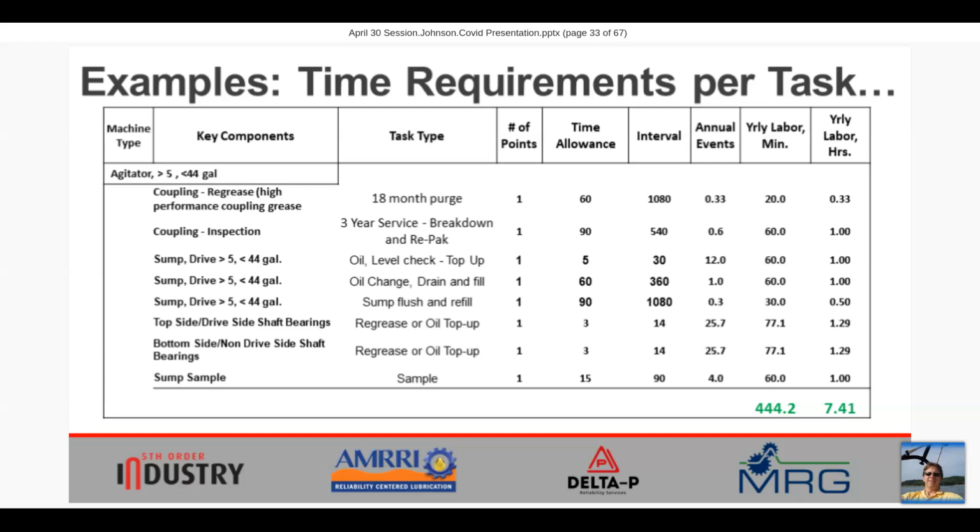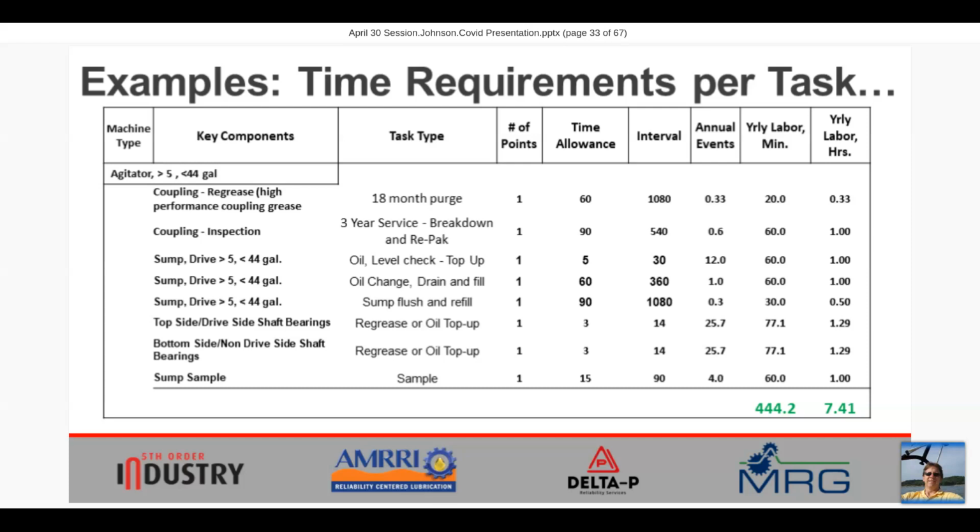So as you think about shopping for coupling grease or bearing grease or oil for whatever kind of application, keep in mind there is oftentimes a correlation between the price you pay and the quality of the product, and therefore the amount of labor that you're going to have to expend on a given day, week, month, annual basis to cover your machine's lubrication requirements.